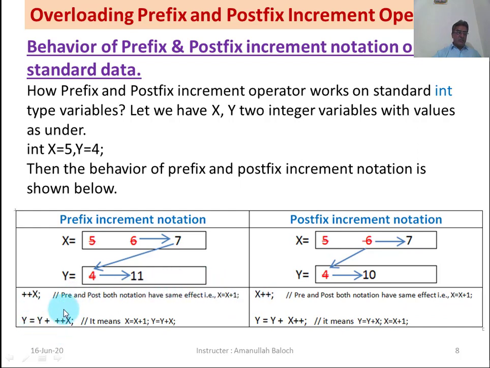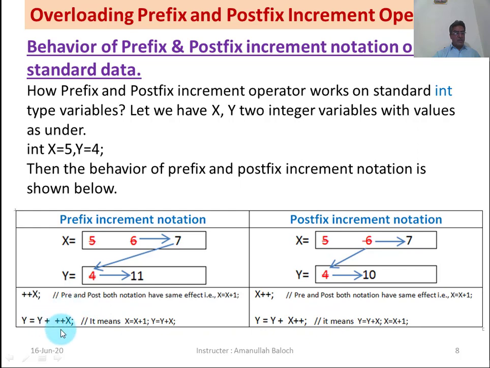But when we use it in another expression, that is y is equal to y plus ++x, here ++x means x is equal to x plus 1 and its result will be added to y, and here we are also adding the postfix x++ increment notation to y. Here we are adding prefix and here we are adding postfix notation.